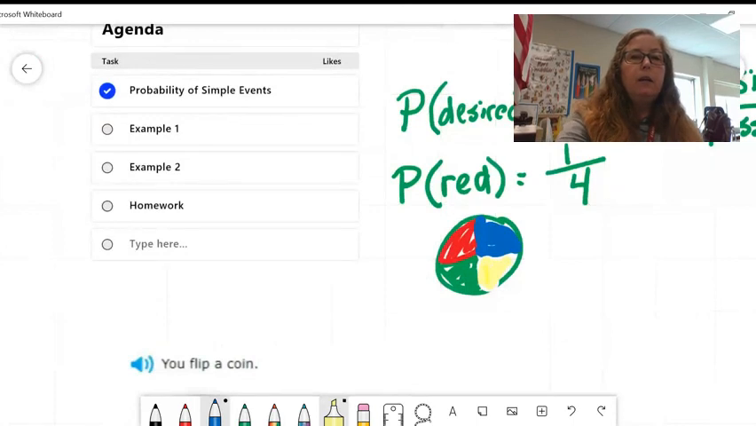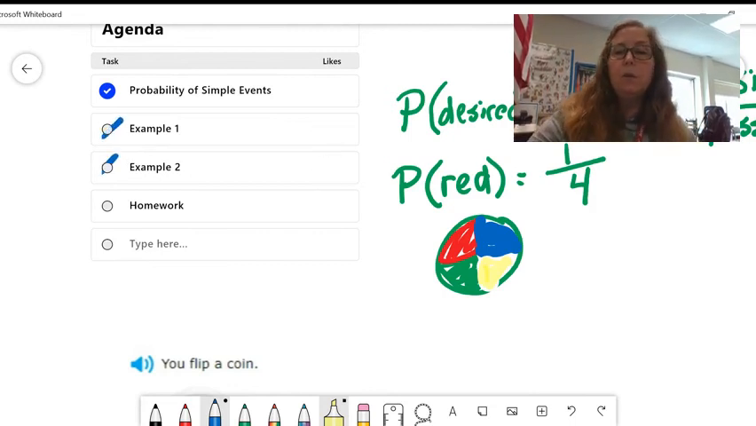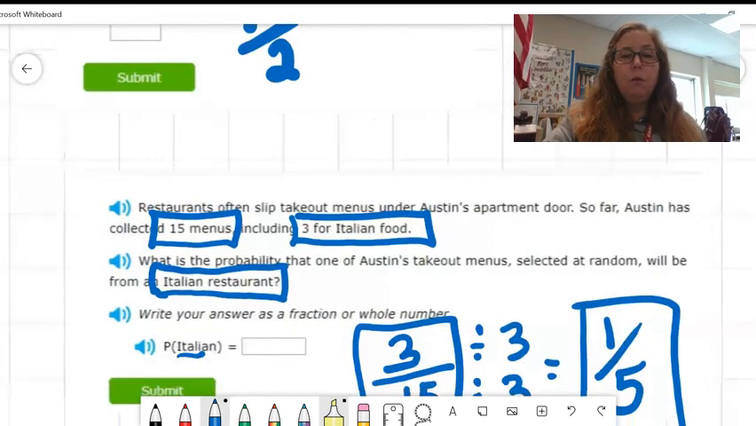All right, so we looked at defining what probability is. We have done 2 examples of that. So now your homework. Your homework for today